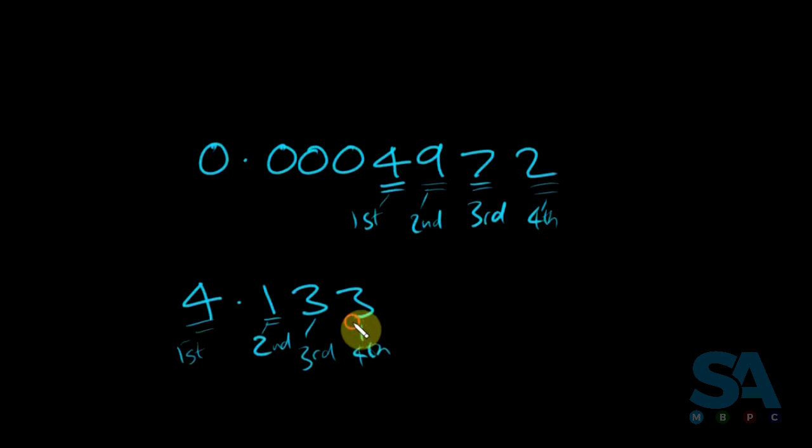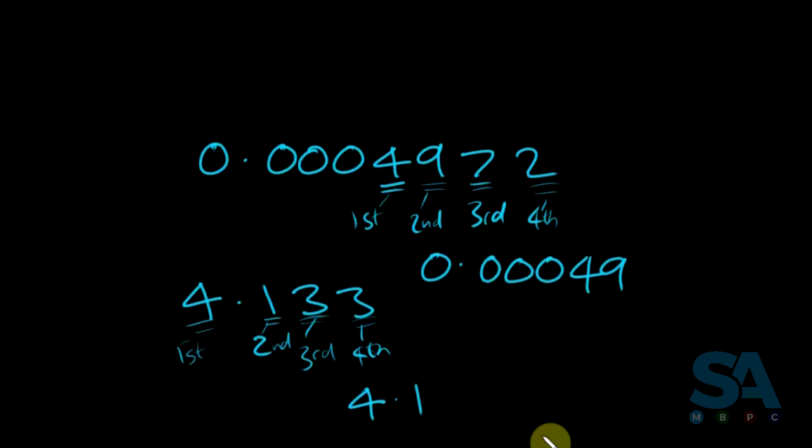So if we were going to round this first number to two significant figures, you'd be left with 0.00049. If we were to look at the 4.133 to two significant figures, this would be written as 4.1. After rounding the last digit, all the end zeros must be filled in up to, but not beyond, the decimal point. So if we had a larger number like